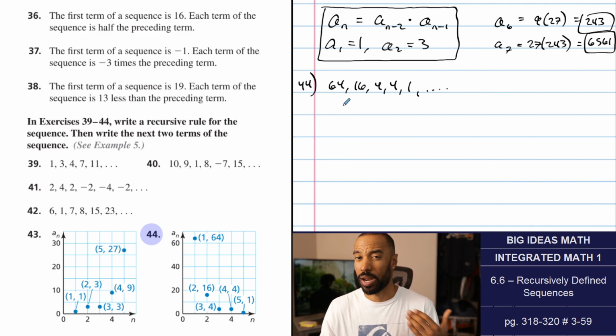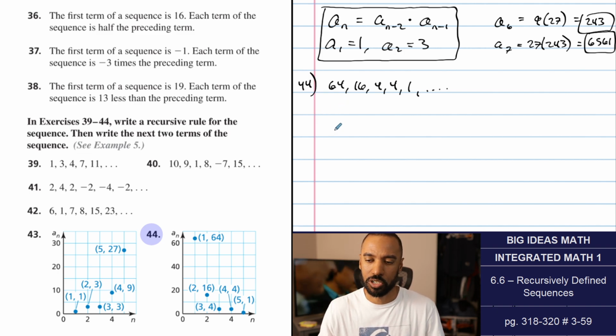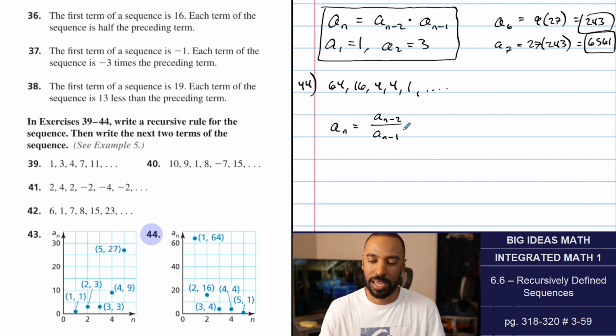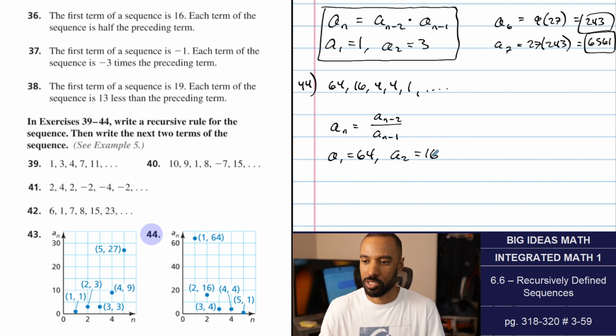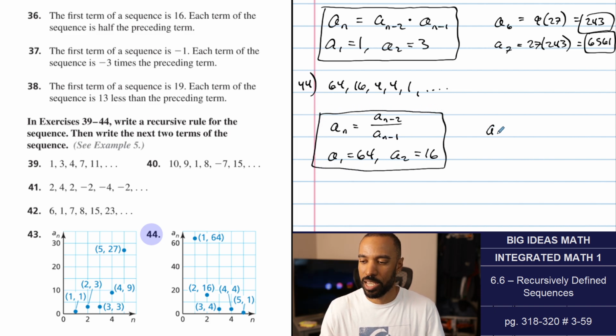So I'm actually going to write this one as a division, not like multiplying by a fraction. To find some term, take the term two before it and divide by the term one before it, like that. That's how I'm going to go about it. First term is 64. Second term is 16. So we have the first 5 terms. The 6th term